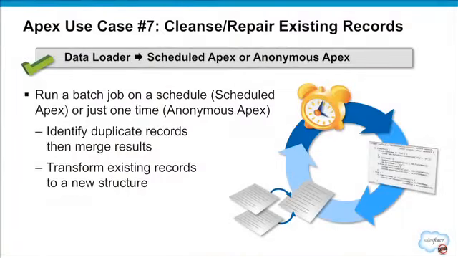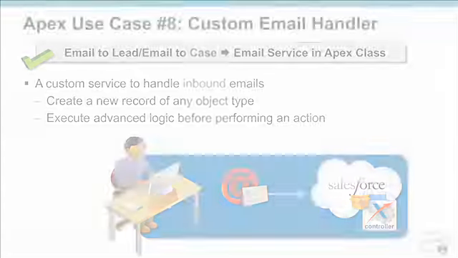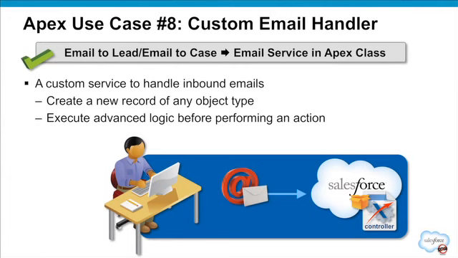So we want to identify duplicate records and merge them into a single copy and maybe delete the loser. We want to transform records in some sort of way, like we want to take a look at something and apply a record type or something like that. We can do that. All right. You want to have a custom email handler. So when an email comes into Salesforce, you have things like the email-to-case features. But if you want the ability to execute logic upon receiving that email, you can create what's called an email service, code that logic into the method that receives the email,